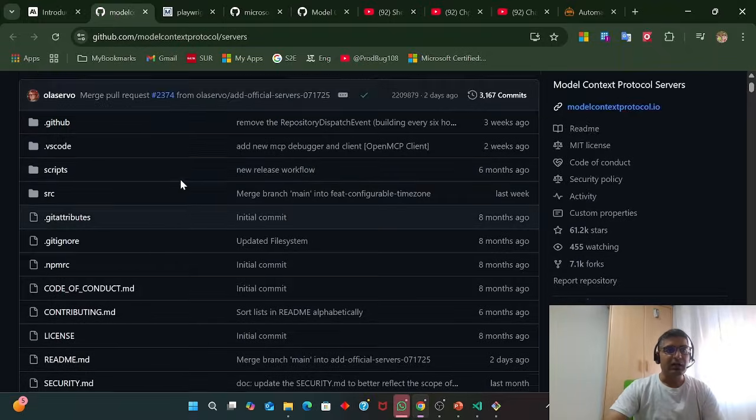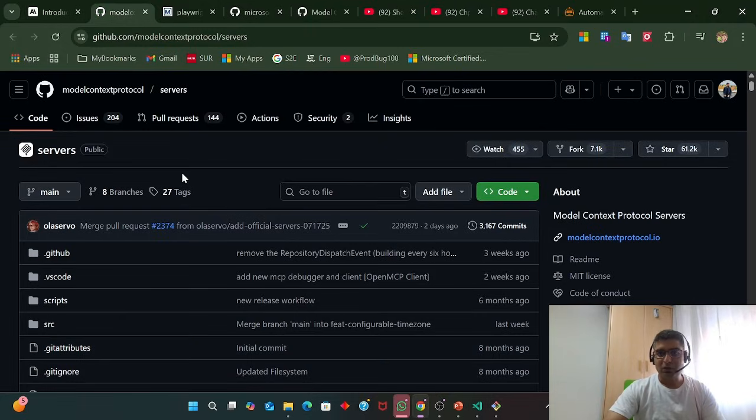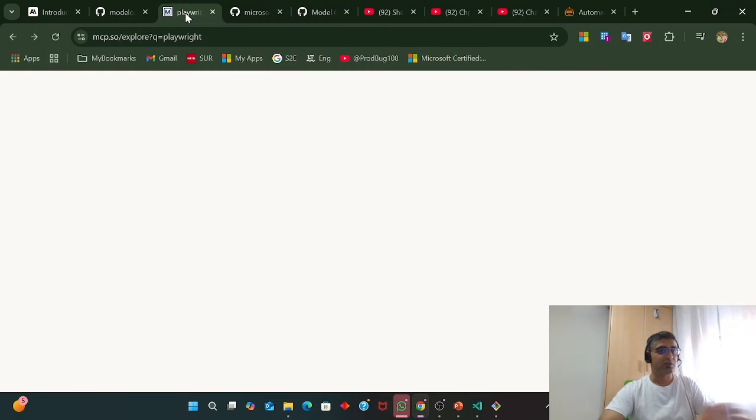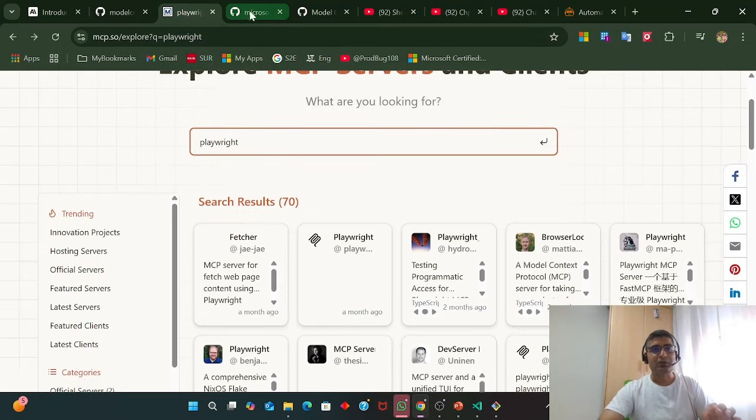So this is the code for the MCP. You don't need to download it. Okay, so don't worry, I'm not asking you to clone anything. This is just for your information. Otherwise, no need to check them. You can go and read something about Anthropic and all these things. They have really done a good job. Okay, so let's ignore this.